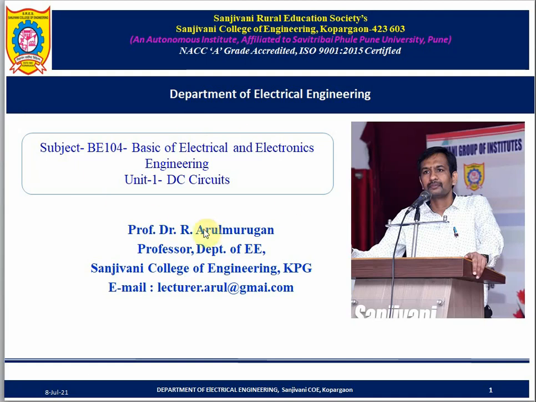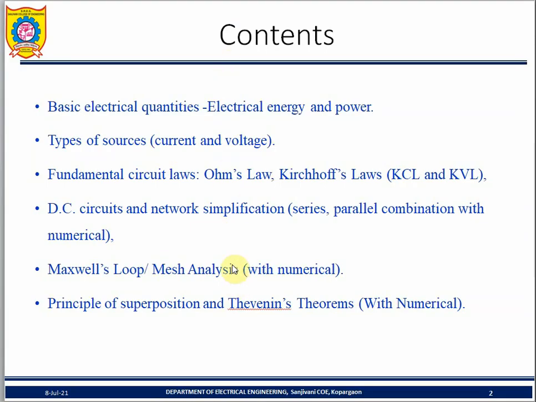So DC circuit, we're going to continue with that from the last class. This is the content we are going to go through. We saw basic electrical quantities in the last class, such as the current. The flow of charges is called the current: I is equal to charge per time period. Then current, voltage, potential difference between two points, energy and power. Energy divided by time is power. So that is how the electrical quantities are classified.